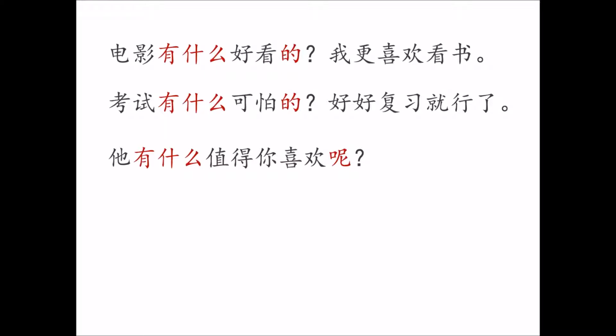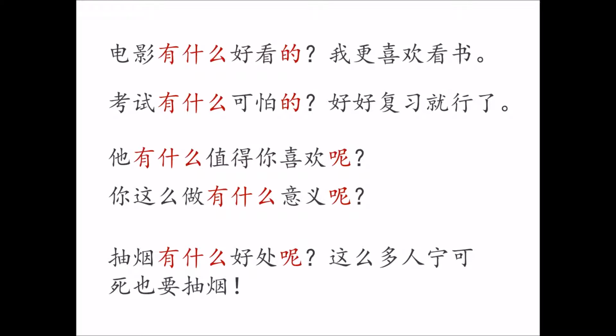It just means that this guy is not good and you should not like him. 你这么做有什么意义呢？What's the point of doing this? 好 You may notice that in the last sentence, 意义 is a noun, so 呢 cannot be replaced by 的。